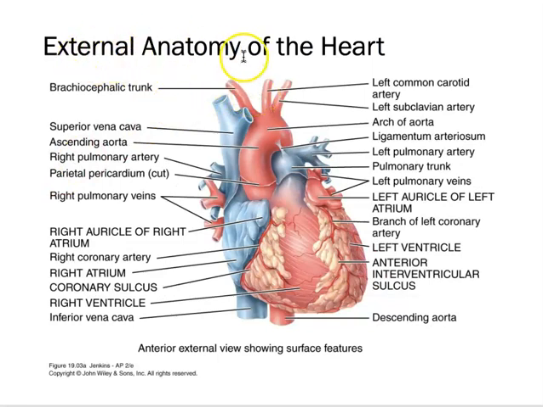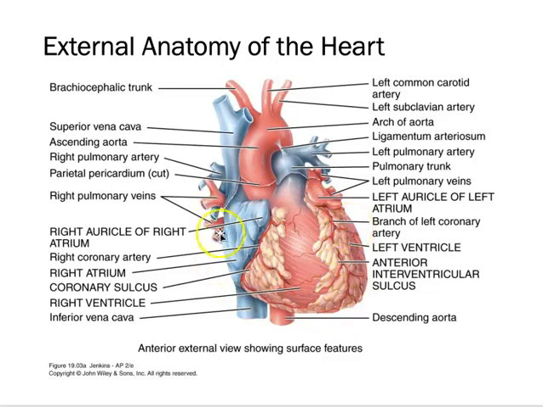As far as external anatomy of the heart goes, one of the things you'll notice is that the apex, or the point of the heart, is actually facing down and slightly to the left. Which means that as it's kind of twisted a little bit, as we look at it straight on, what we really see prominently is going to be the right side. The left side is sort of a little bit behind,